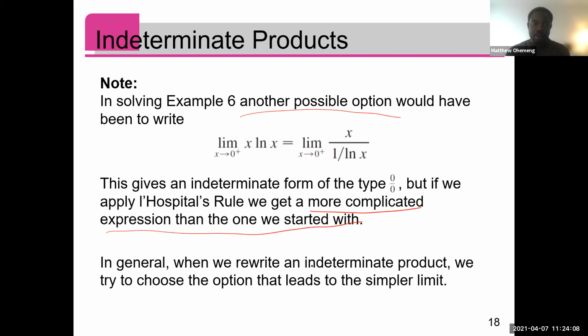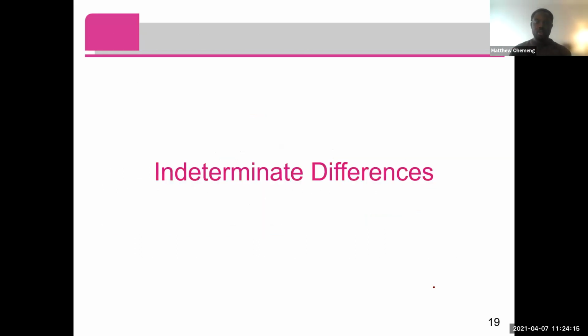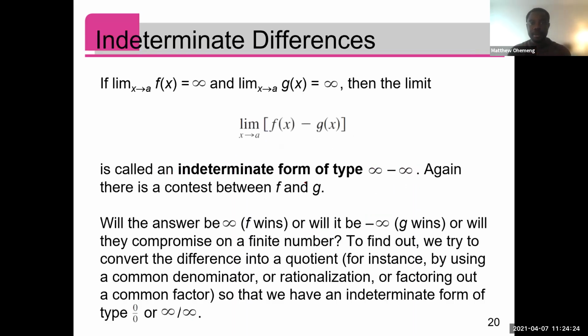Right? So in general, we always choose the one which will lead to what? A simpler limit than what we started with. Okay, now let's move on to another indeterminate form. This was called indeterminate differences, right? For indeterminate differences, you're taking the limit of a difference of functions, but then you end up with one of them approaching infinity and the other one approaching negative infinity, right? So if you end up with something like infinity minus infinity,